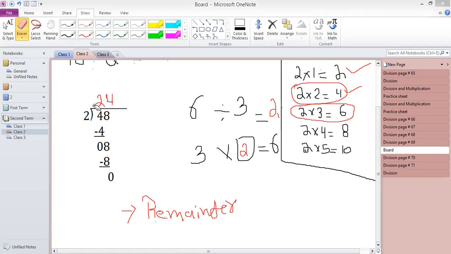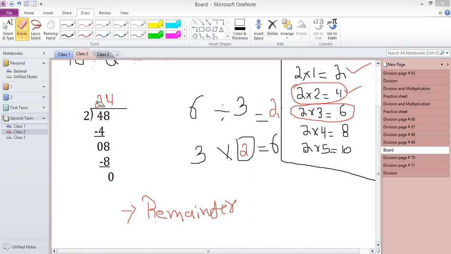Okay, so the first thing is that you have to divide all digits one by one, whether they are 2 digits, 3 digits, or 4 digits, don't worry at all. One by one you will go. So you will divide 4 by 2. When you divide 4 by 2, 2 2s are 4, that's why you write 2 up. The next thing is to write the answer up. 2 2s are 4, so 4 divided by 2 is 2, so write 2.